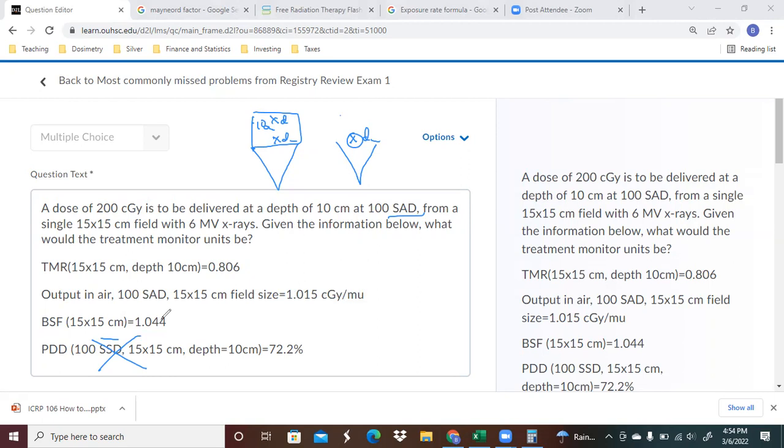That tells us what the dose would actually be at Dmax. In order to get the dose from Dmax down to a particular depth, that's where we're going to use the TMR. That's what the TMR is used for. So in this particular case, we know that the 200 centigray is going to be delivered at 10 cm depth. That means that we have to take the output factor